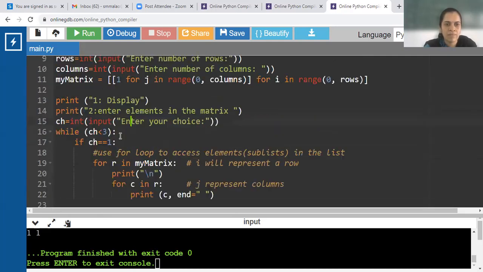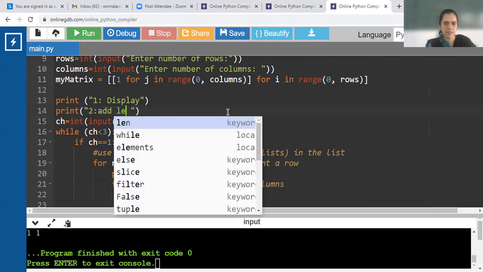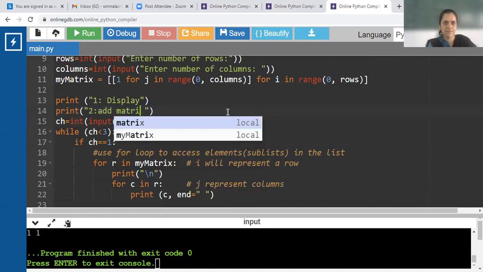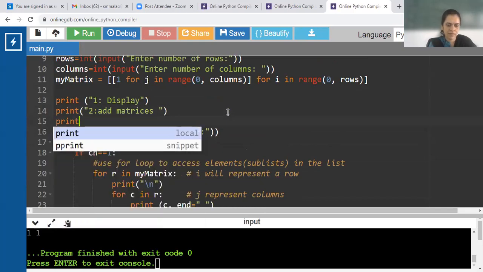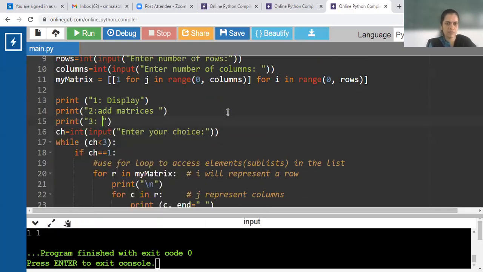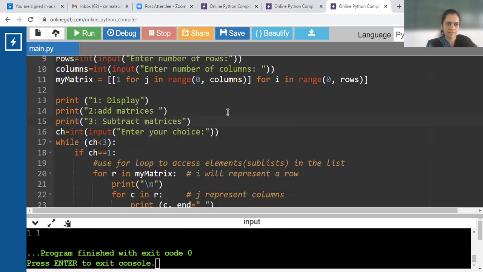Or to keep it more simple, to add elements, we can have add elements, add matrices, print, third choice to subtract matrices, and so on.